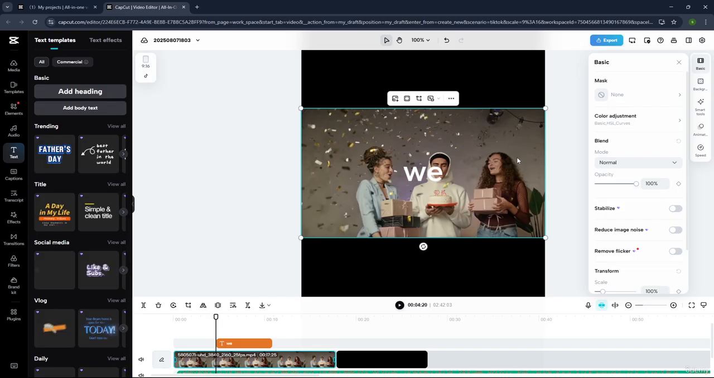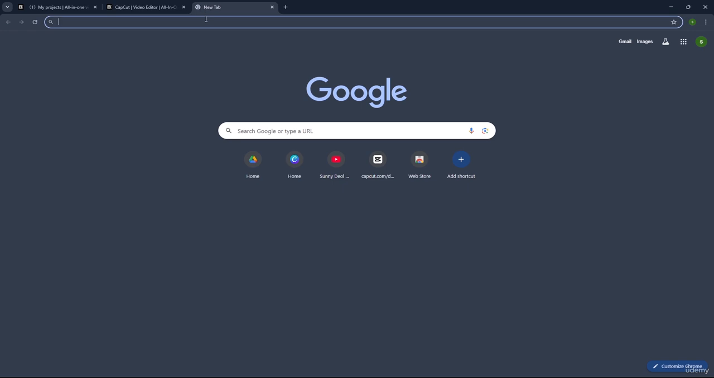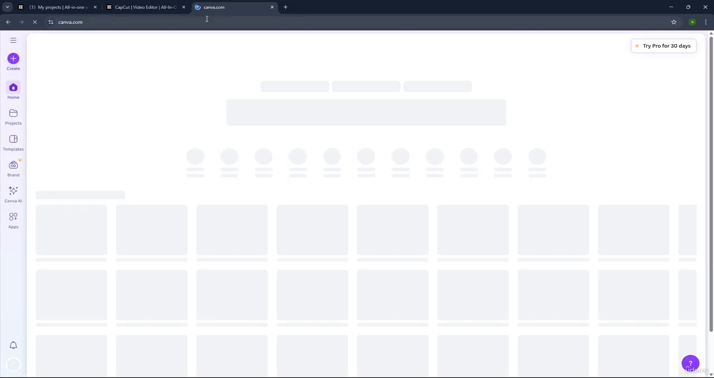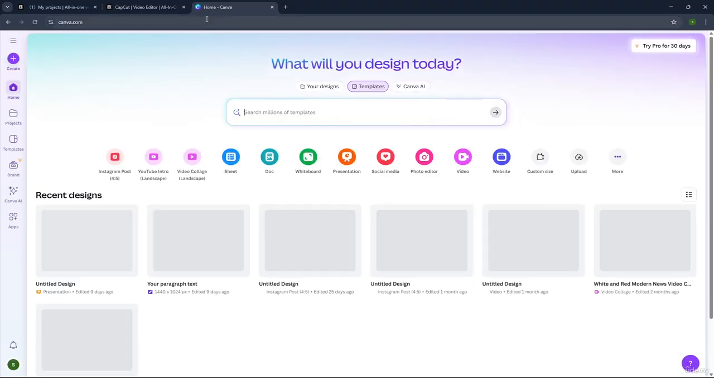This is Canva for video editing. So let's go to a new tab, and let's say we want to use canva.com. Now let's try to open it, and you have the option to create an account,